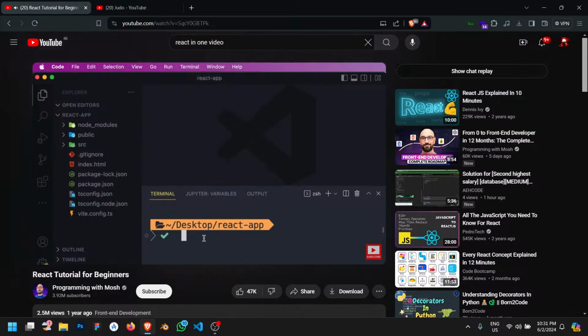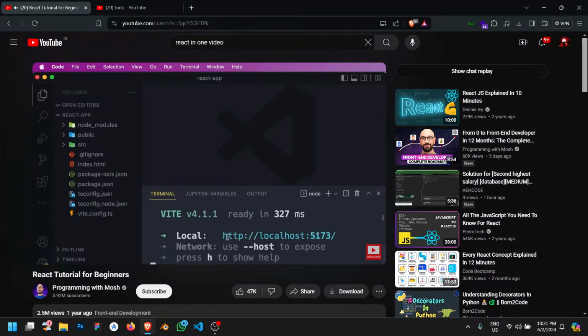So this is our embedded terminal. It's much easier to use this than switch back and forth between VS Code and a different terminal window. Now to run our web server, we type npm run dev. Now this launched a web server at this address, localhost port 5173. This might be different on your machine, so don't worry about that. Just open this address in your